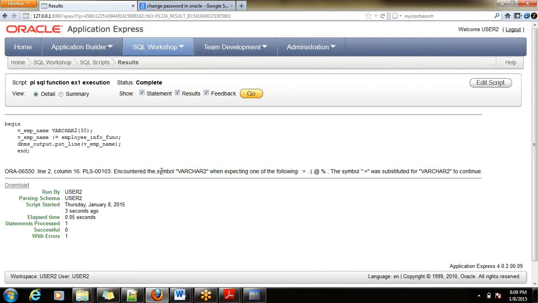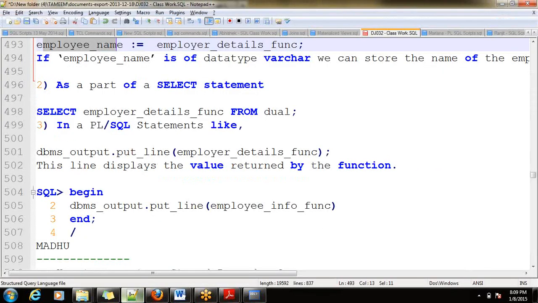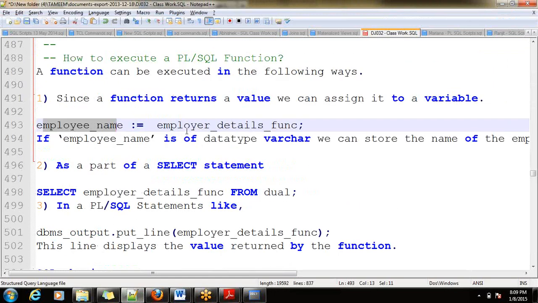Column, line. Let me check here. Yes, of course, correct it is.